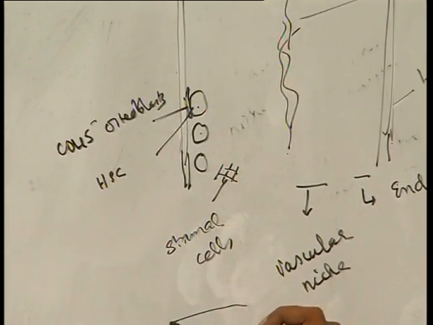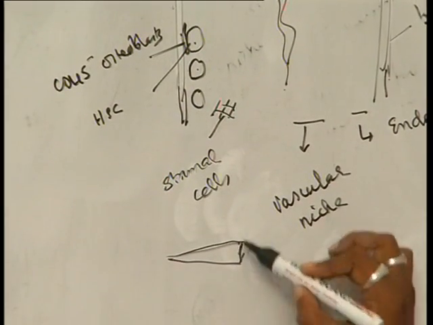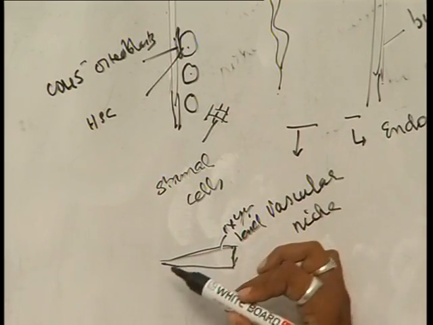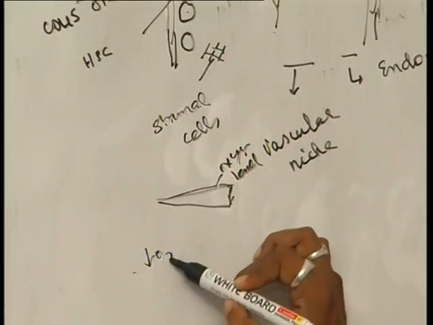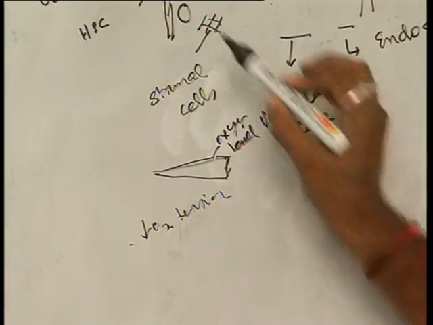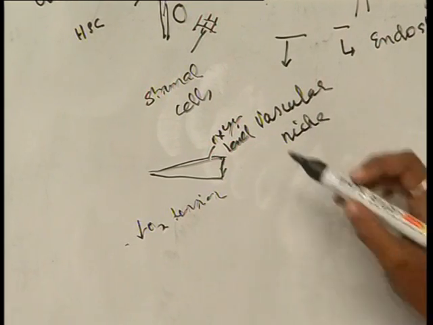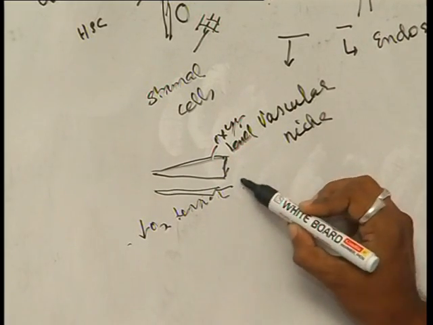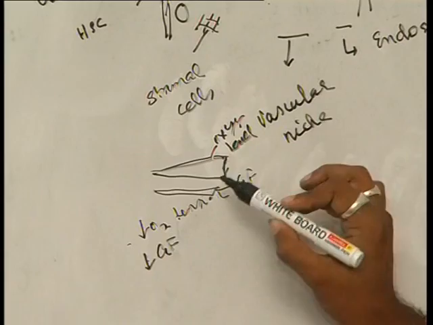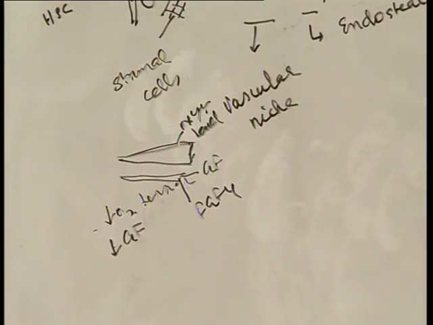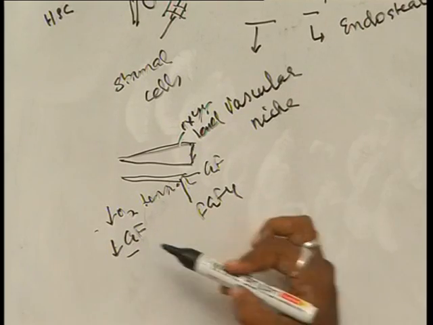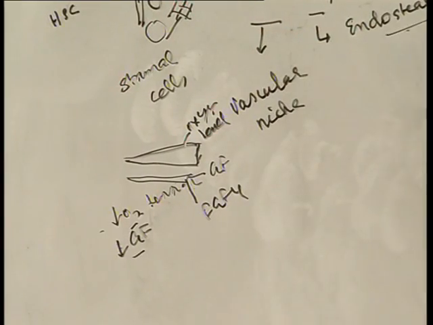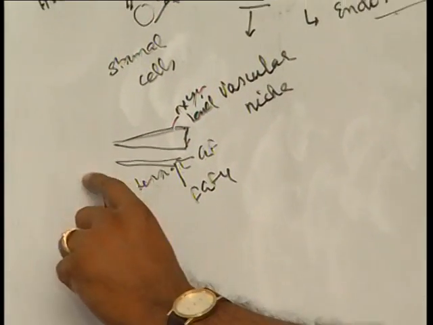Here the oxygen level is very high, and here it is very low. So what is one of the properties? In the low oxygen tension, this stem cell exists in this particular niche. Growth factors are also less here, so low growth factor level, FGF4, that is fibroblast growth factor 4. So growth factor level is less and oxygen tension is less. Under this condition, this is the endosteal niche. So this is one of the characteristics.